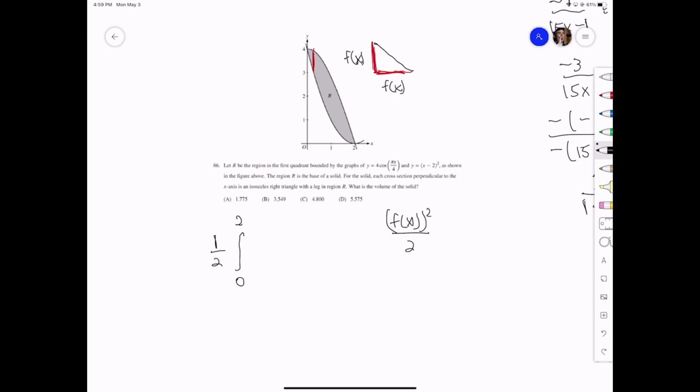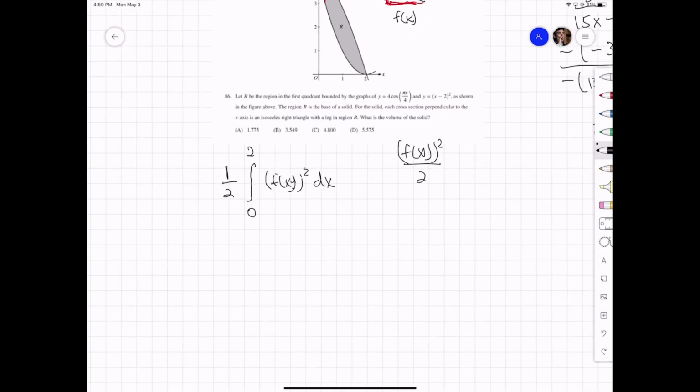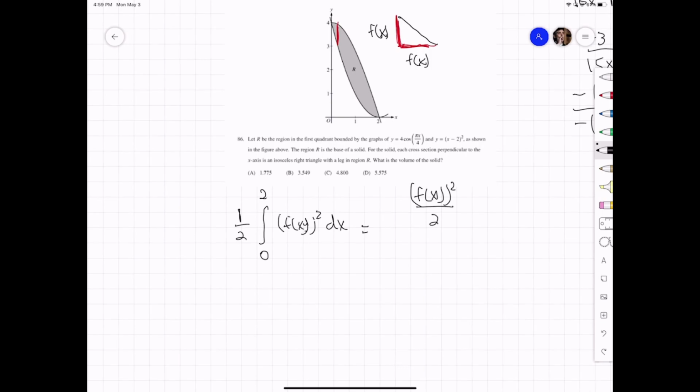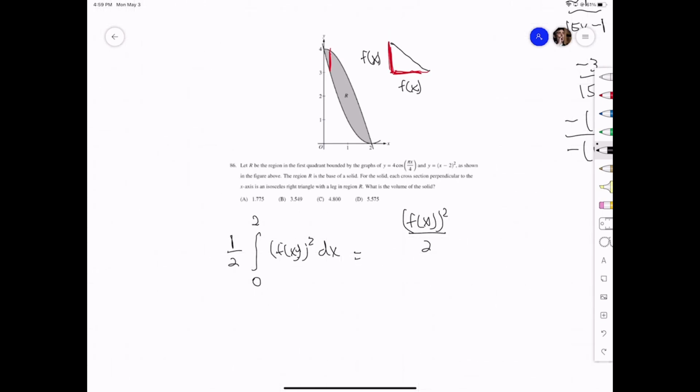1/2 f of x squared dx. So what is f of x? f of x is the top function minus the bottom function. It doesn't really matter, you can just guess. So I'm just going to guess that this is the top function. So 4 cosine pi x over 4 minus x minus 2 squared dx,